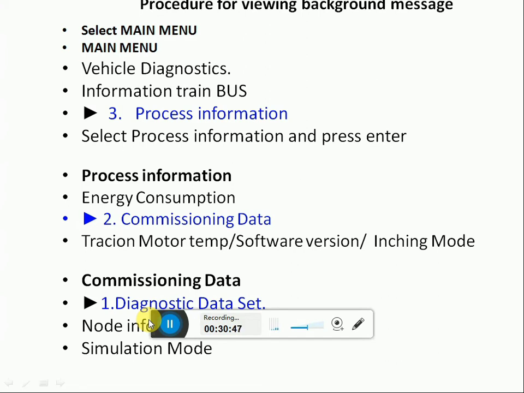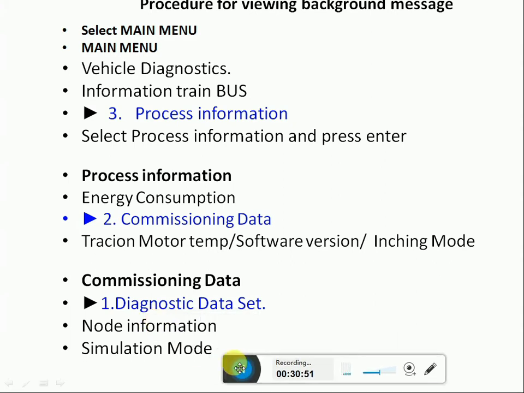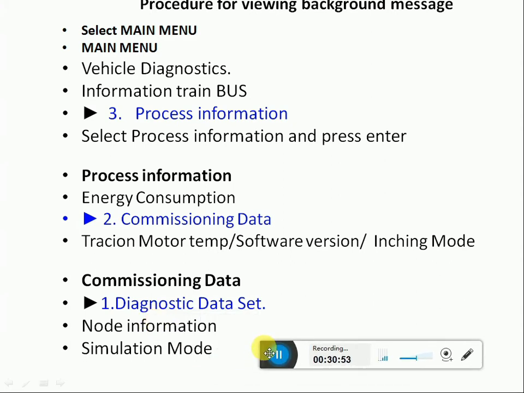We have to select the second one, commissioning data. In commission data again 3 things will come: diagnostic data set, node information and simulation mode. We have to select 1, diagnostic data set. For seeing the background messages, first we have to select the process information, next again in process information, commission data, and again in commission data we have to select the diagnostic data set. 3, 2, 1.